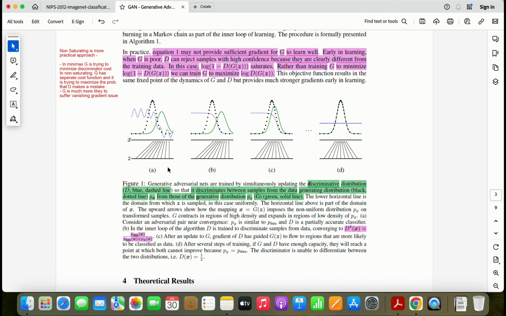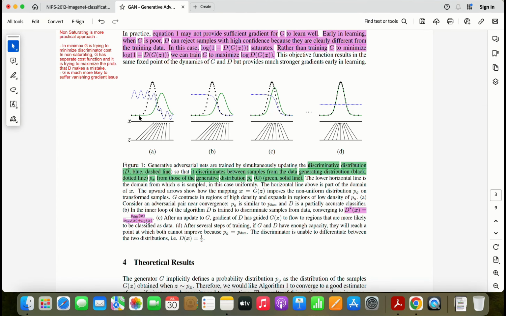So this is how this learning will look. This is a very good example. Here this is the data set, this is the generated data set, and this is a discriminator. It is able to identify real from fake very easily in the beginning. Then slowly the generated data tries to mimic the actual data, and the discriminator is also able to identify significantly well